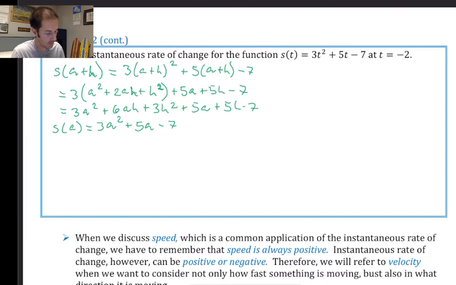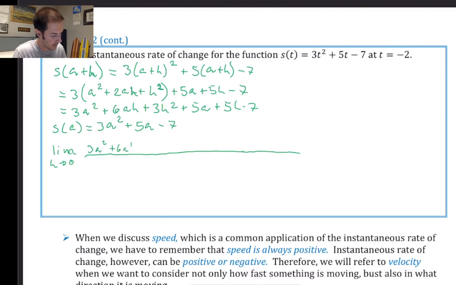Let's write down our limit as h goes to 0. And we've got our gigantic fraction. And it's going to be maybe out to here. All right, let's write it in. S of a plus h expanded: 3a squared plus 6ah plus 3h squared plus the 5a plus 5h minus 7